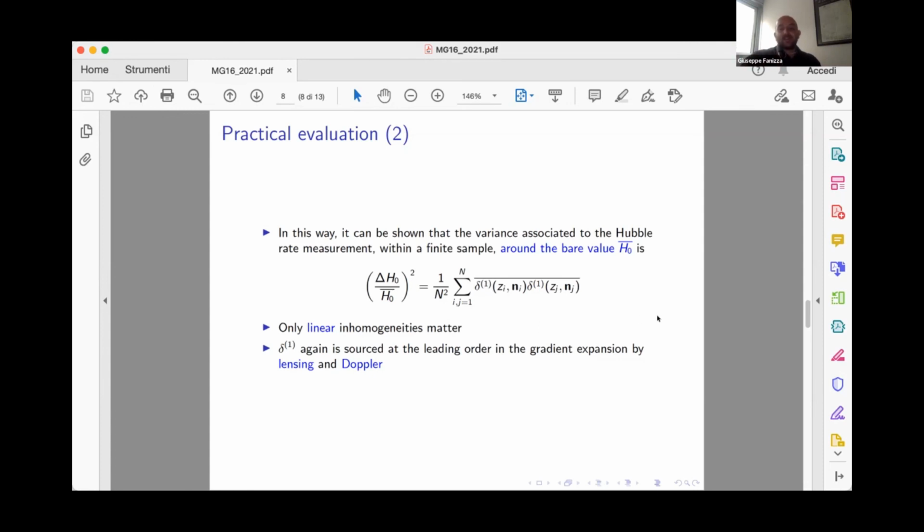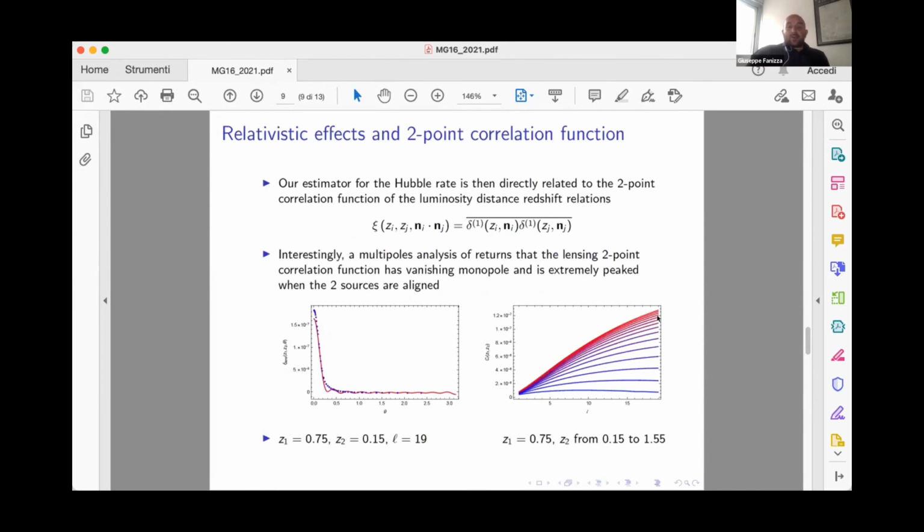So it means that the only thing we need from a theoretical viewpoint to properly take this effect into account is a good understanding of the two-point correlation function of luminosity, of the linear luminosity distance redshift relation. This is the only effect that we need to deal with, and in particular, it is well known that from the linear point of view, this